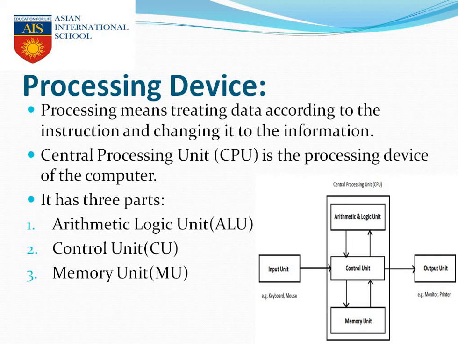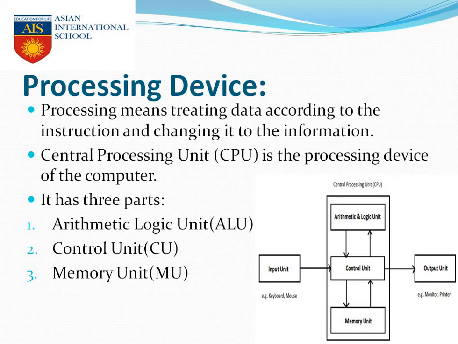Next is memory unit. It holds the data that need to be processed, and it also stores the data. The purpose of memory unit is to store the data. Whenever you are doing some operations, you need to store a little amount of data in your buffer. This task is done by the memory unit. I think the concept of processing device is also clear. Let me discuss it once again.